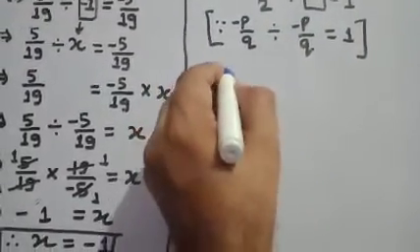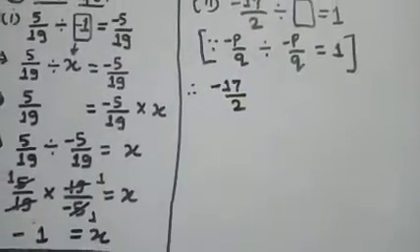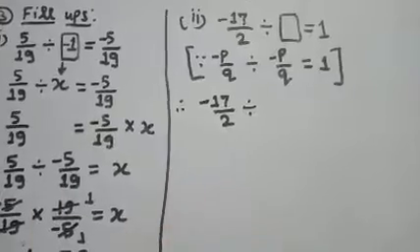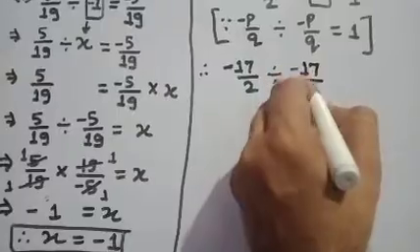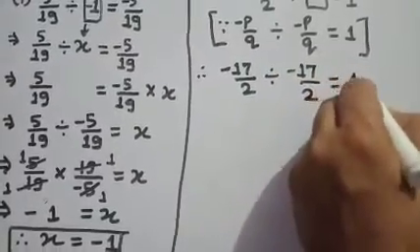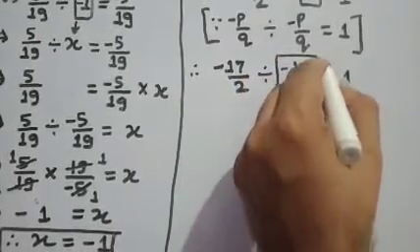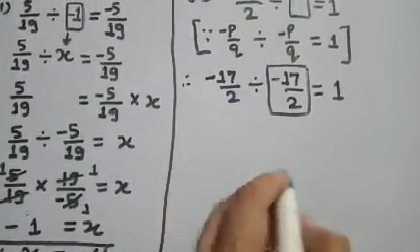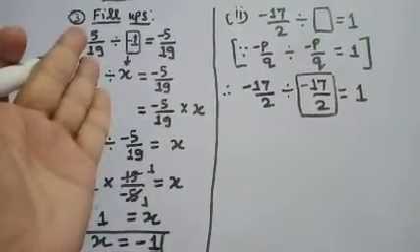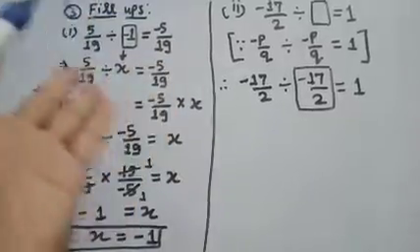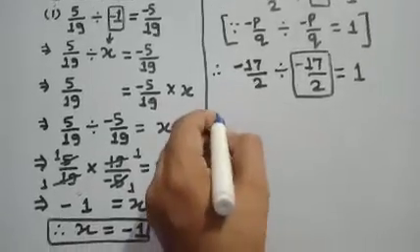So minus 17/2 is divided by minus 17/2. The result is 1. So the number which comes in the box will be the same. This is the shortcut method, but if you want to find the value inside the box, you will do the same procedure. The third part is